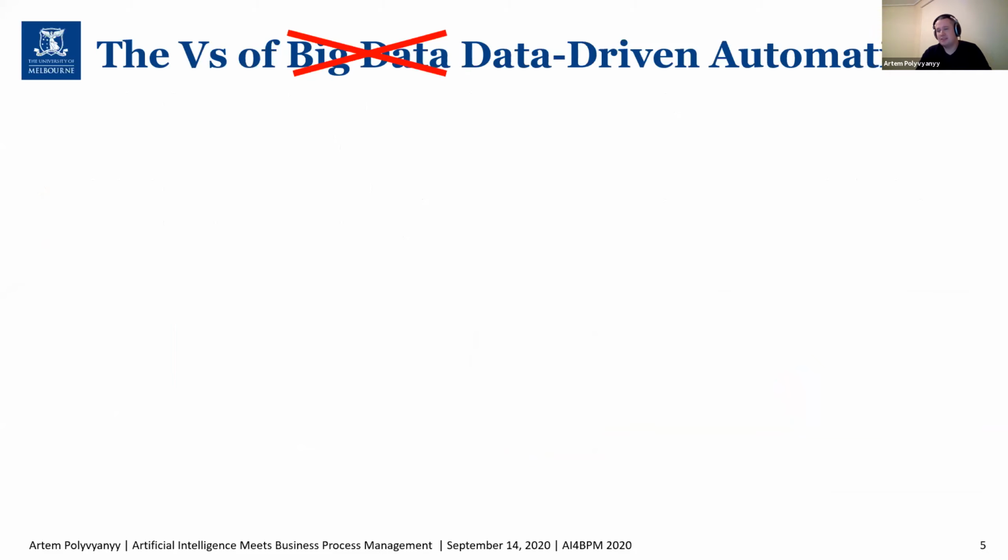And you may have heard about the V's of big data. According to different classifications, big data is characterized by 3, 4, sometimes 5 V's. And on this slide, I will show you how these characteristics of big data drive the automation, or at least my opinion on how this is happening. So the first